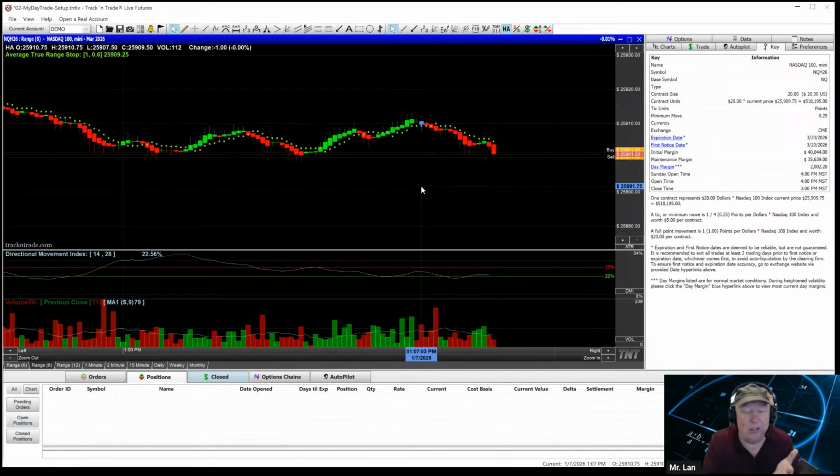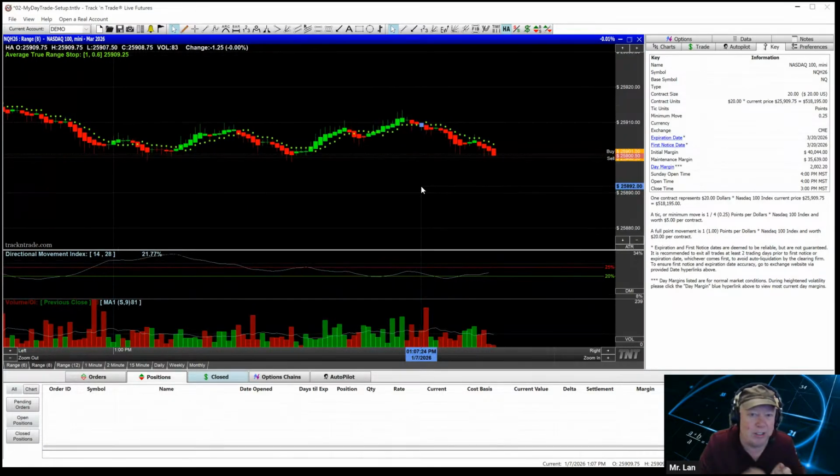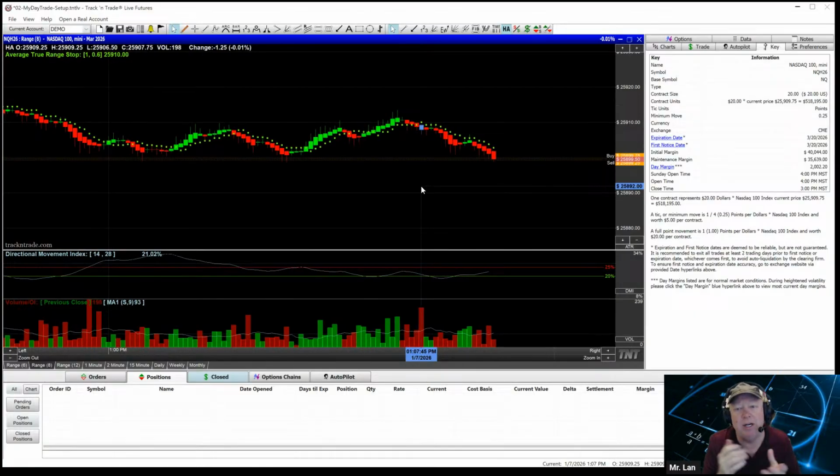There's narrow sideways channels. There's head and shoulders formations. There's 1, 2, 3 top formations. There's Fibonacci, Elliott Wave, all that stuff. And you can learn all that stuff if you want to. But really, when it comes right down to it, what we're looking for is just these little ABC patterns like